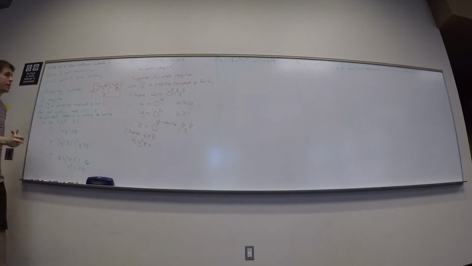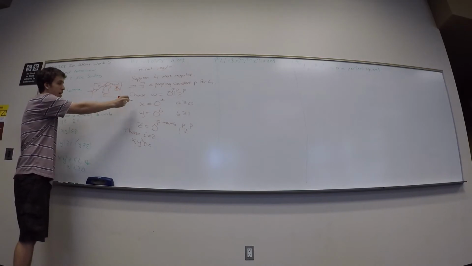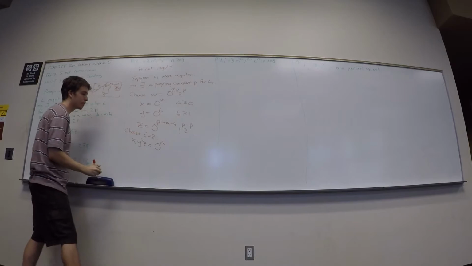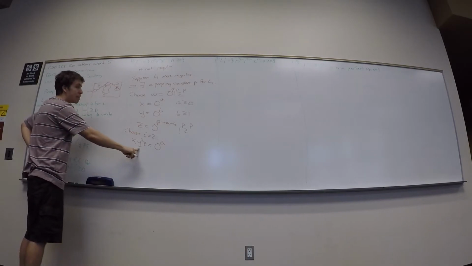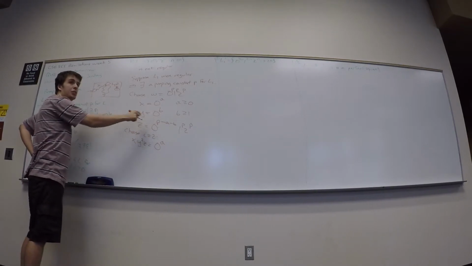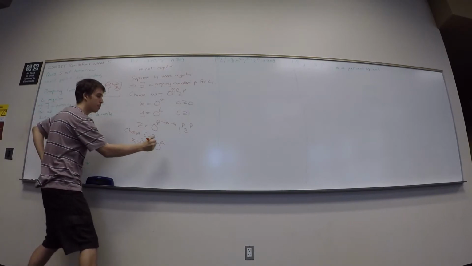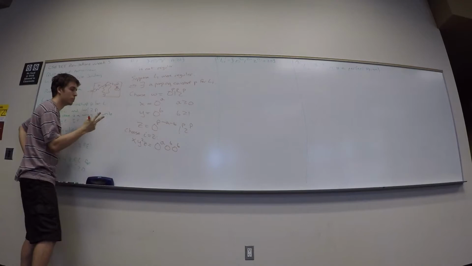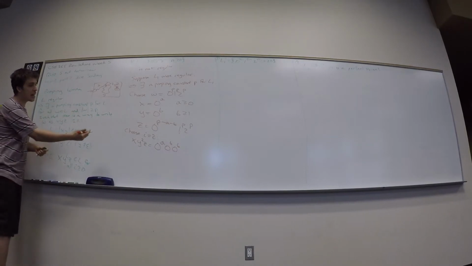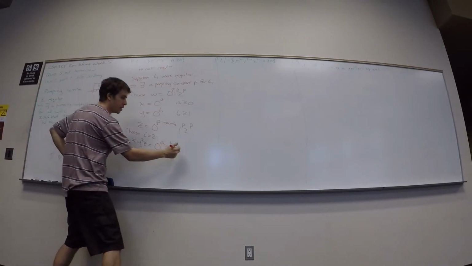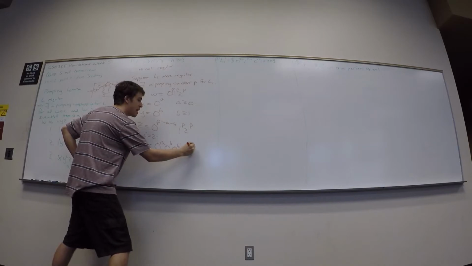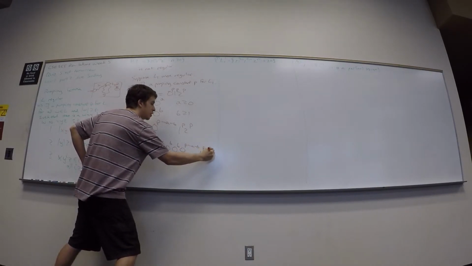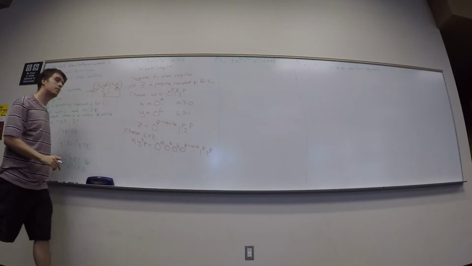Well, what does that mean? That means I have a copy of x, which is just a zeros in a row. I have 2 copies of y. Well, y is just b zeros in a row. So I have 0 to the b, 0 to the b, twice. And then I have z trailing off at the end. And that was just p minus a minus b zeros, p 1s, p 2s.